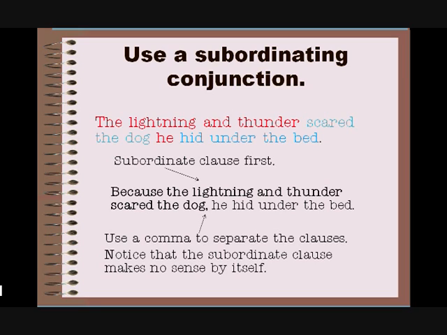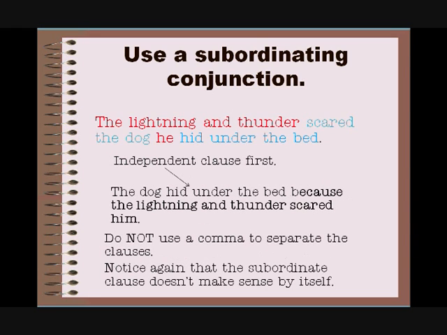So the rule about the comma is that if the subordinate clause is first, you put a comma after it. And then the other rule is that if you put the independent clause first, you do not use a comma between them. So the dog hid under the bed because the lightning and thunder scared him. Now we kind of had to change dog and he and where it goes, because of a different rule called antecedents with pronouns. But anyway,